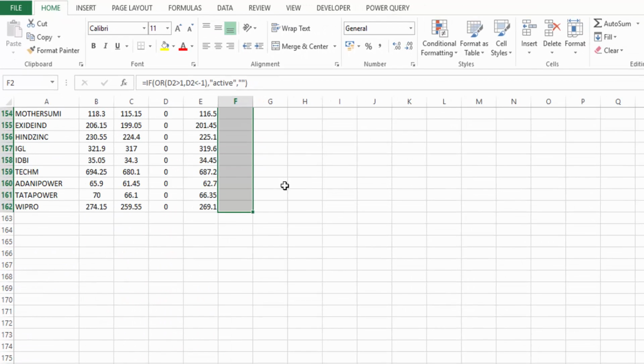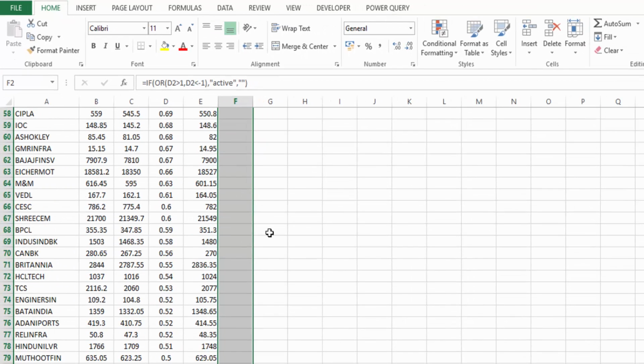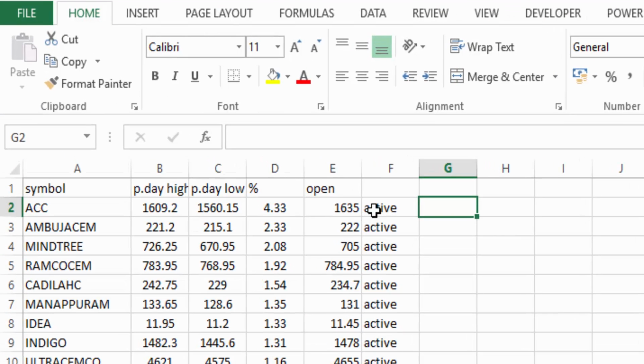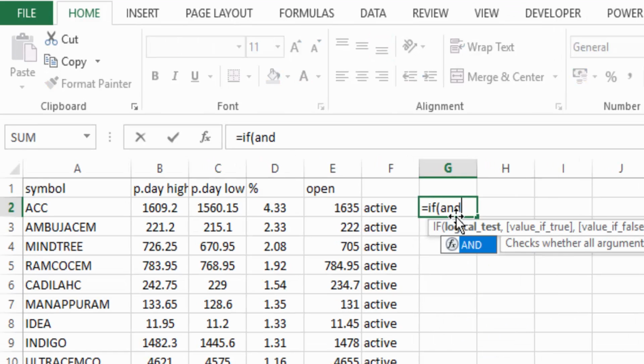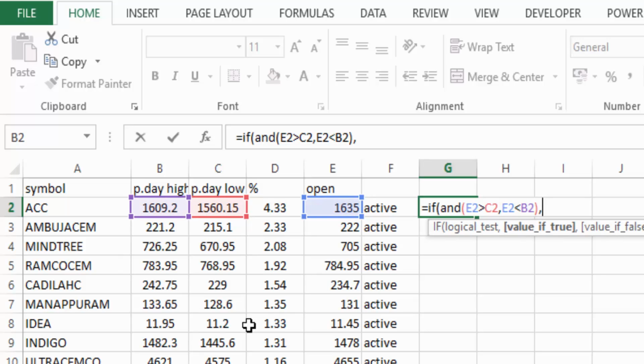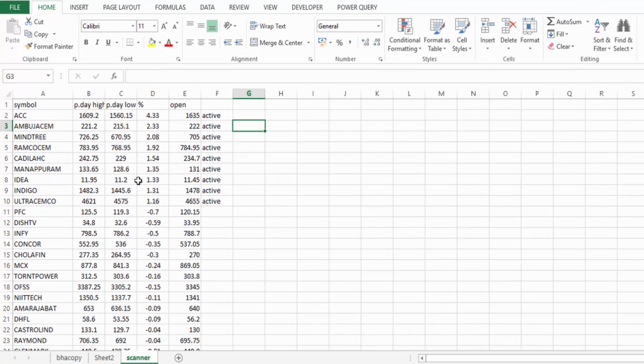Okay, at the bottom there are no stocks below 1%, that's why. And another one: open should be inside the range of previous day high and low. Then if and, open greater than previous day low but open less than previous day high, bracket close, again active, comma, double click. Okay, then